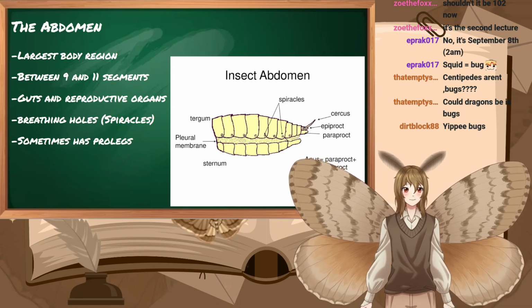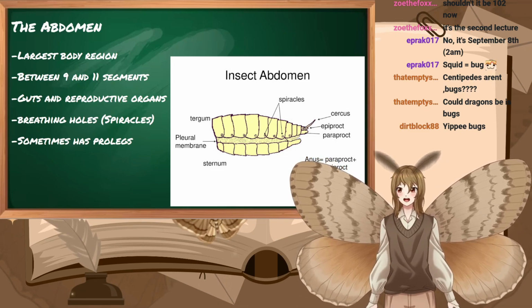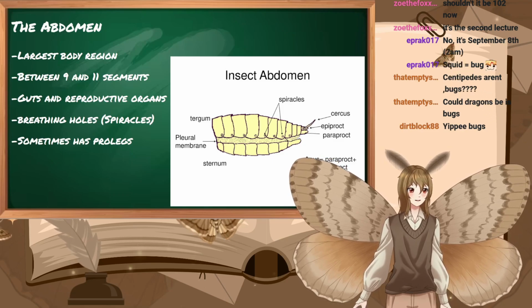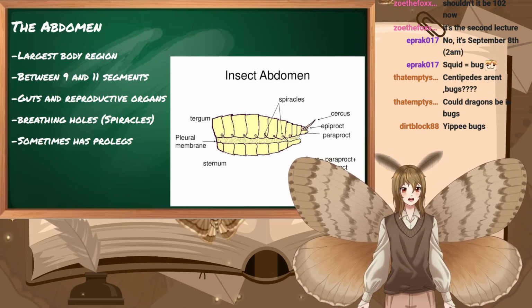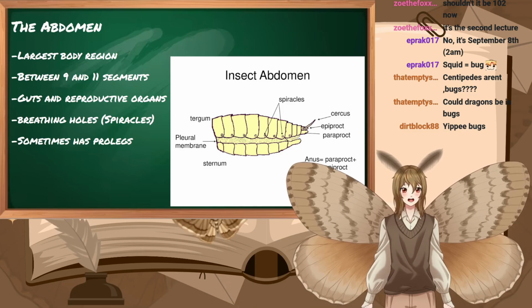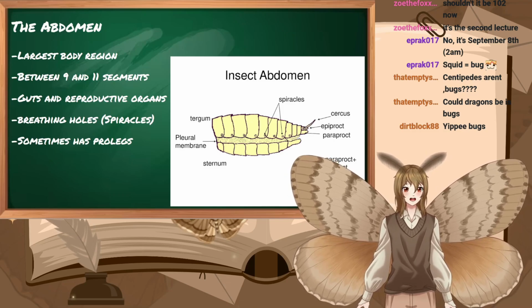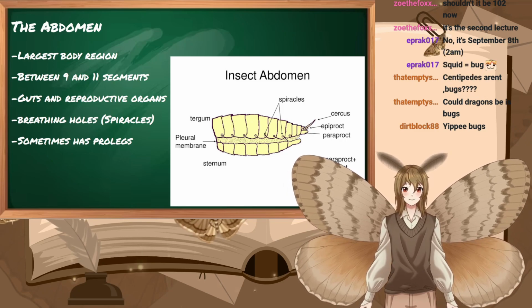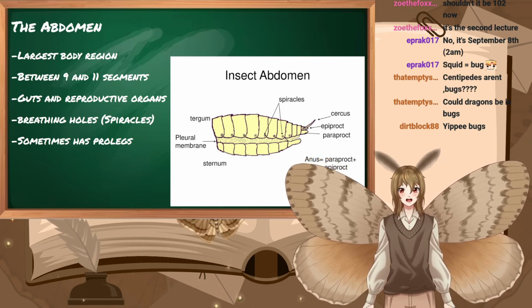Usually the most important organs are in the abdomen, and a lot of insects can actually survive without a head, because all of their important organs are in the abdomen. Flies and cockroaches, for example, can live up to 2 weeks purely from their abdomen. They will die eventually because they cannot eat anymore.